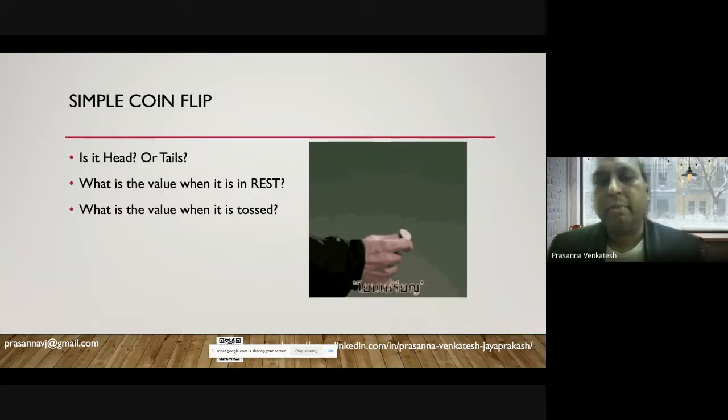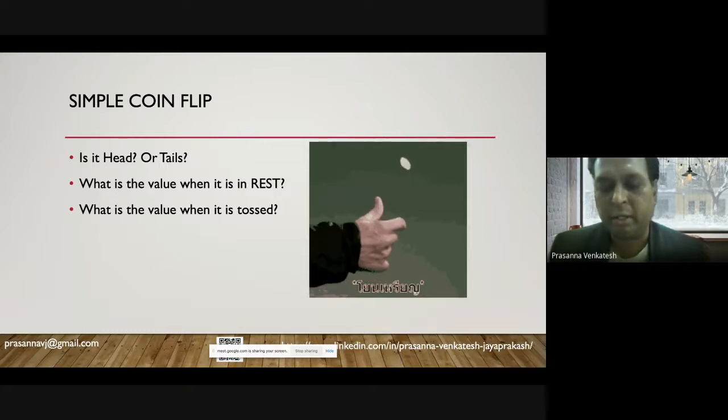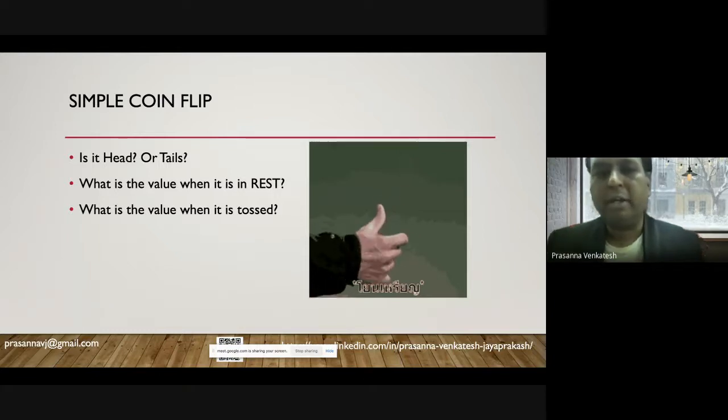Before I introduce quantum computing, I wanted to take an opportunity to explain the concept so that you will understand what is going on behind the screen. We all are aware of the coin toss example.